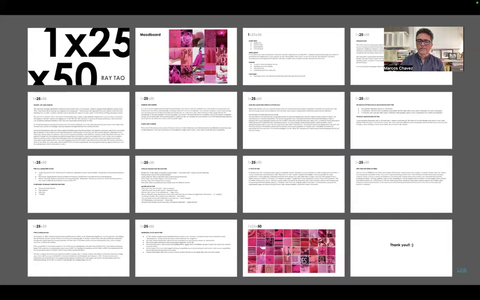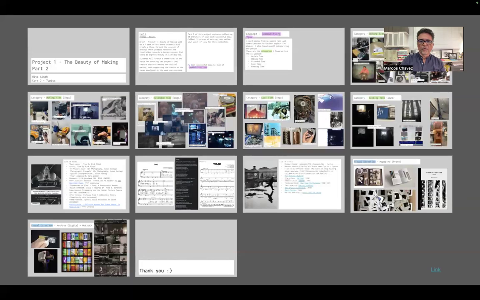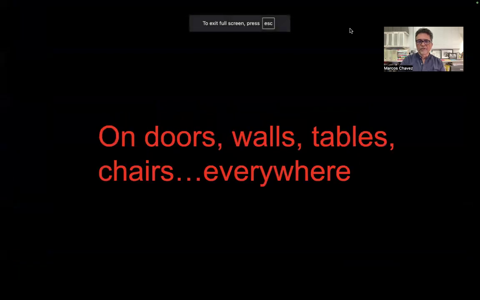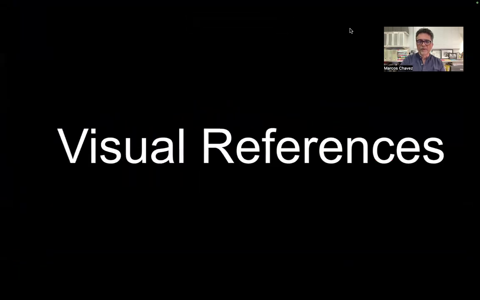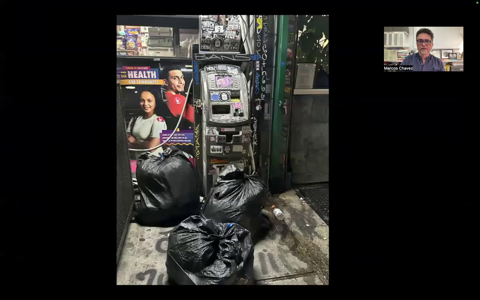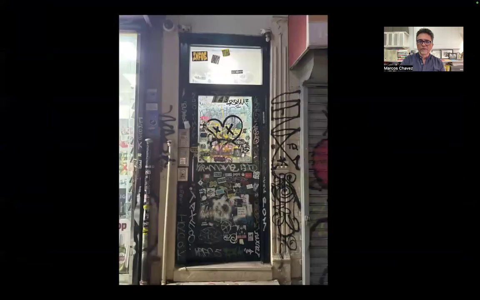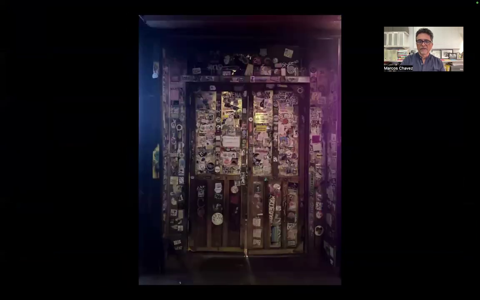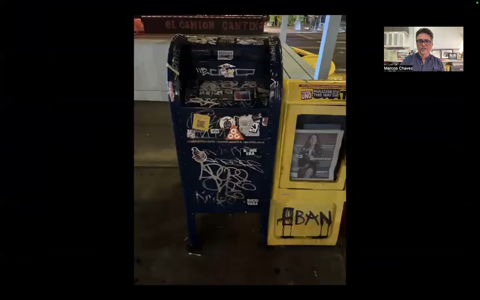And then we went through a couple examples of what this could look like, and it will be a bigger deck that has lots of information in it that you'll just keep building on and adding to. These are just a couple of different examples of ways of doing it that we went through in class. Another one that I pulled up is a little more straightforward. This is about doors, or was it graffiti. And the visual references are just, she went on and took more pictures of her graffiti studies within, I think, the East Village, and just collected her 50 images and showcased them straight up like this.